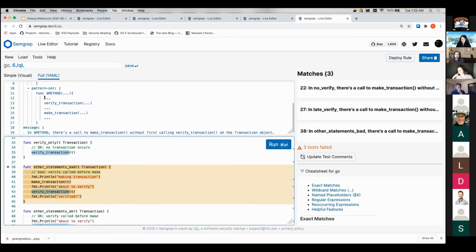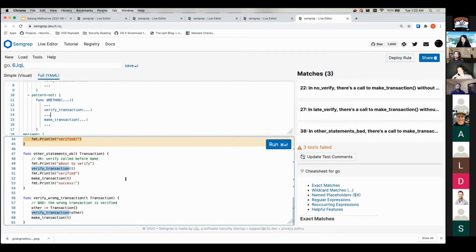So you can add them kind of like hanging loose like this, and it'll say, basically, I don't care how much code is between here and there, for instance. Now, one thing that I want to highlight down here in this example is that this did not match because verify transaction is called before make transaction. But the problem with this one is that it's